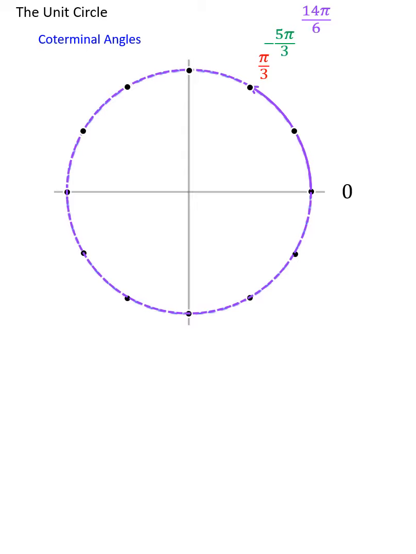And again, mathematicians don't like to leave fractions unreduced, so I'm going to change 14/6 into 7/3. But what that shows is that there's a third arc that terminates at that very same point. In fact, considering that you could go around the circle more than one full revolution, or even clockwise more than one full negative revolution, it's easy to convince yourself that there are infinitely many angles, arcs I should say, that